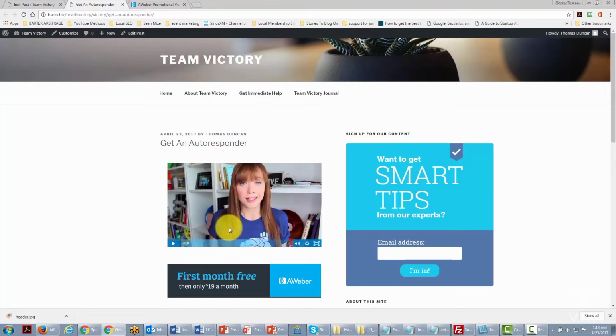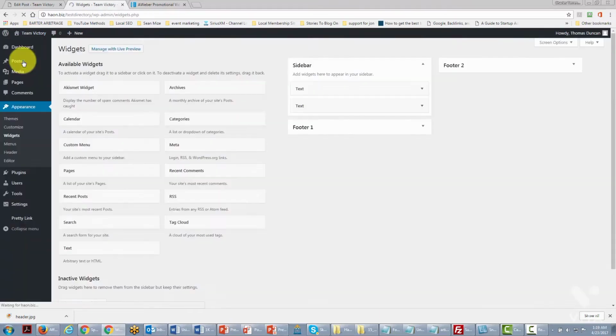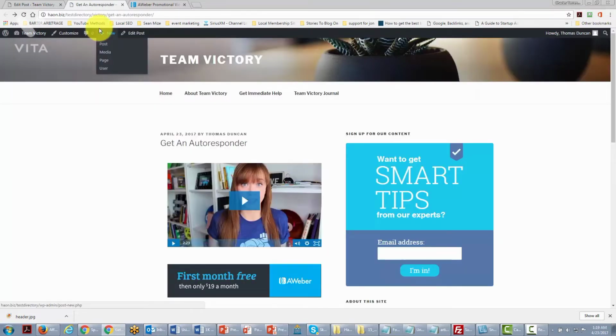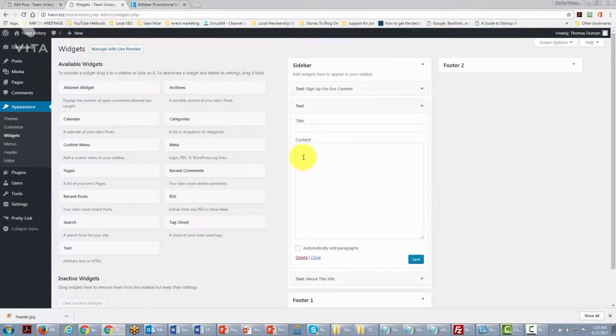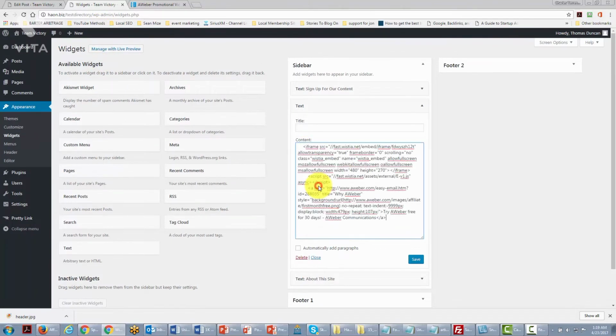Now, one of the other things that we can do is the very same thing that we did with our autoresponder code: we can put code in our widgets so that it will appear on all of our pages. In order to do that, all we need to do is go back to this area and find our widgets. And then we can take another text box, and in that text box, all we've got to do is put our code in this area again. We'll click Save, Close,